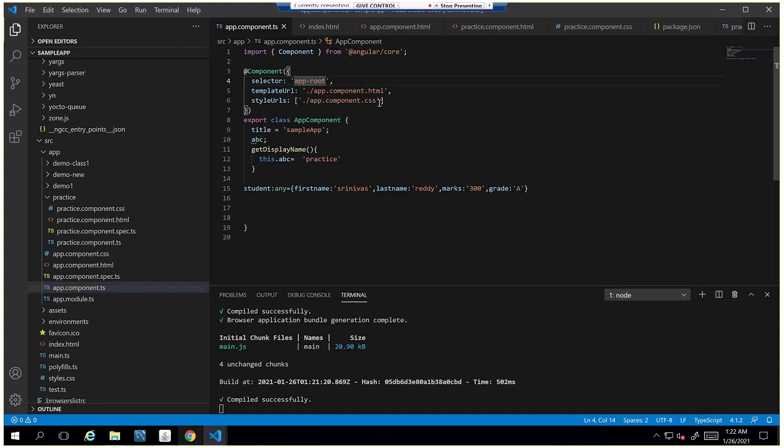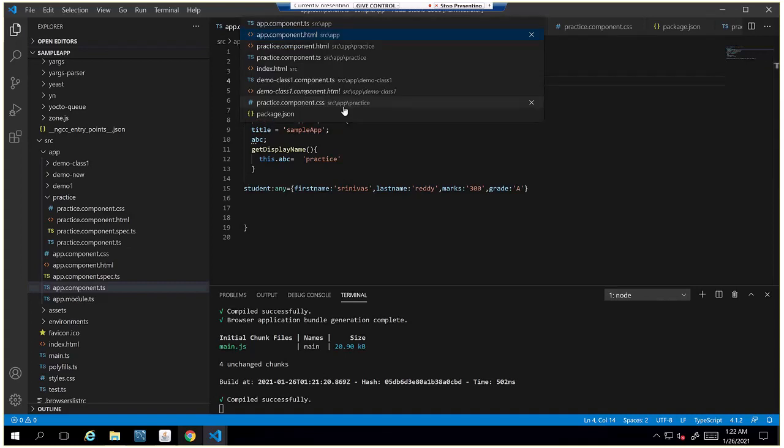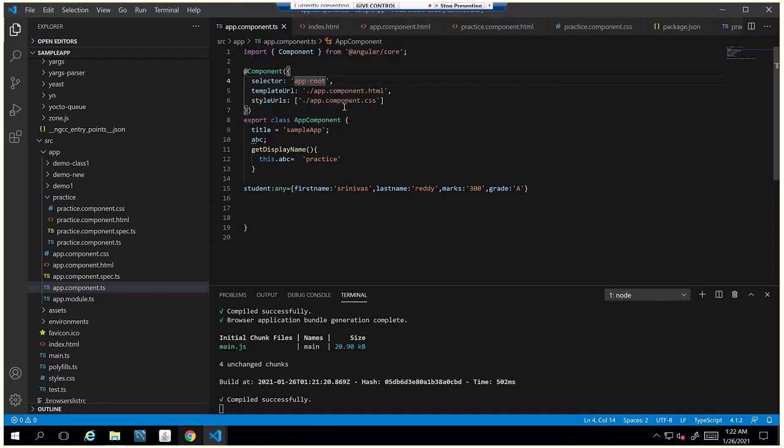And that is what you encapsulate in a component tag. Encapsulation is nothing but putting things together into one bucket. So this component tag gets encapsulated with these three parameters. Okay. Go ahead, Srinivas.